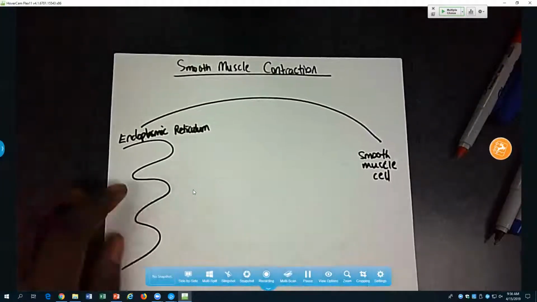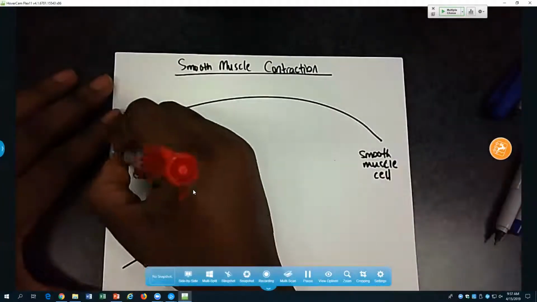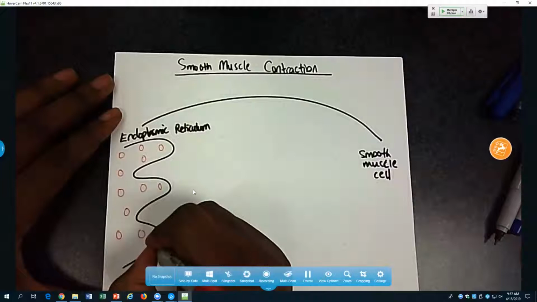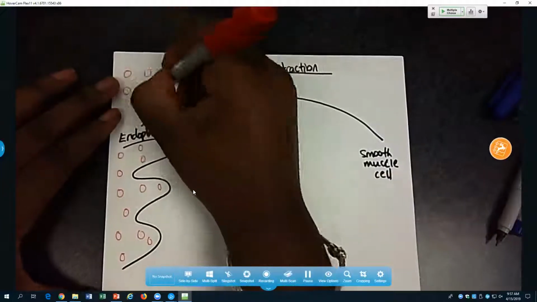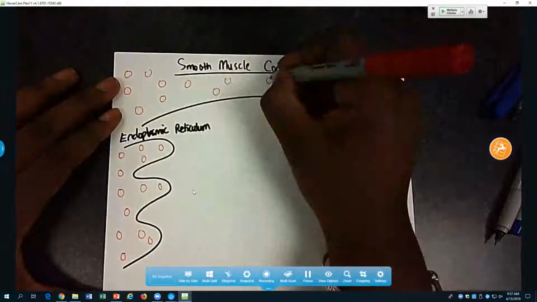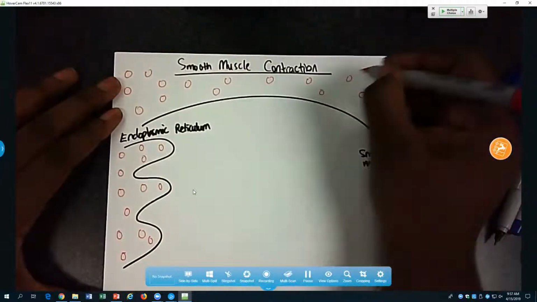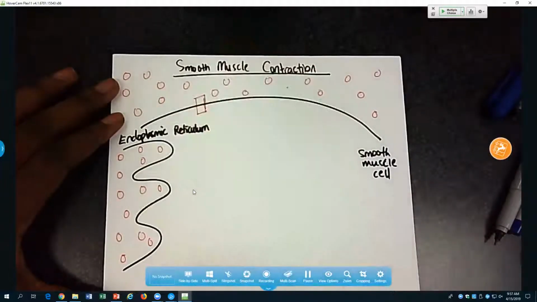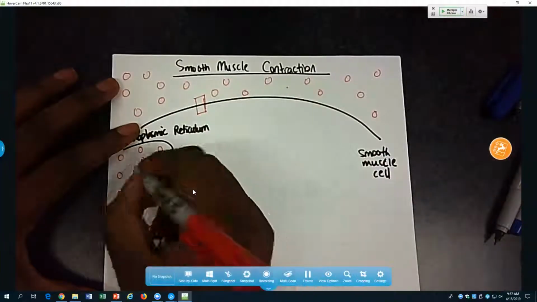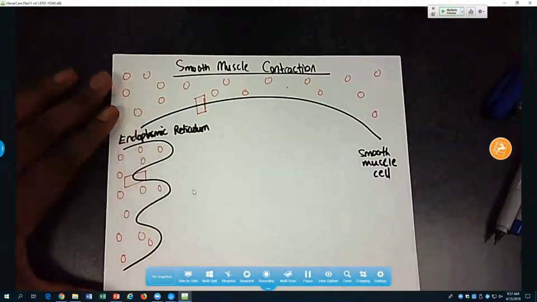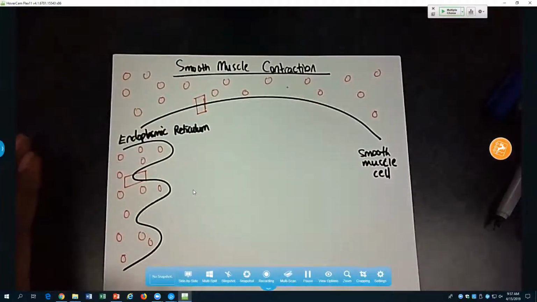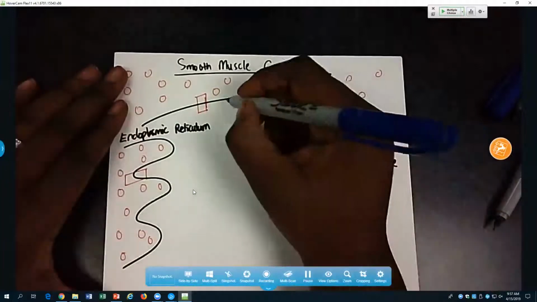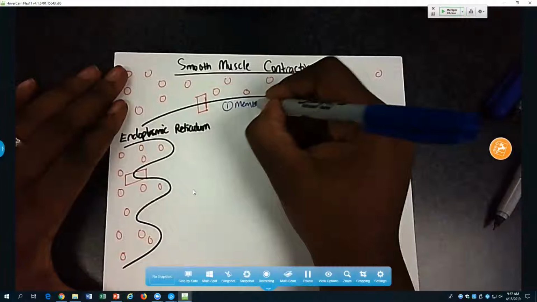So the storage of calcium is in the ER. I've got lots of calcium here, but then we also have calcium in the extracellular environment. So there's calcium outside of the cell as well. Now there's a voltage-gated calcium channel on the membrane of the cell, as well as on the membrane of the ER. And so the first step in smooth muscle contraction is that we have a depolarization of this smooth muscle membrane. Right, so the membrane is depolarized,